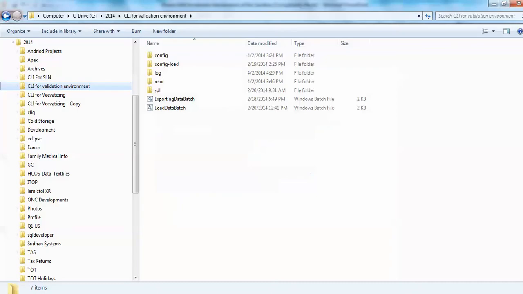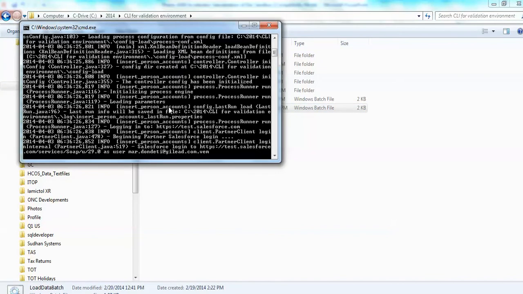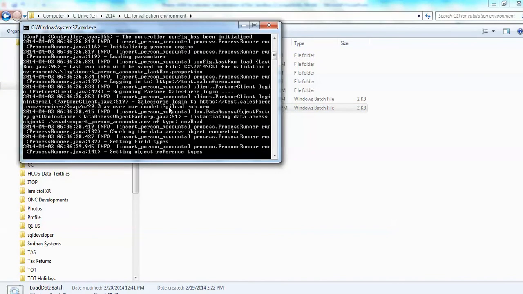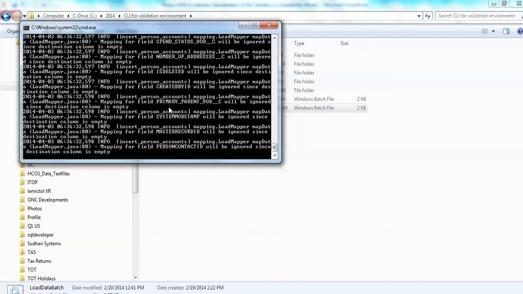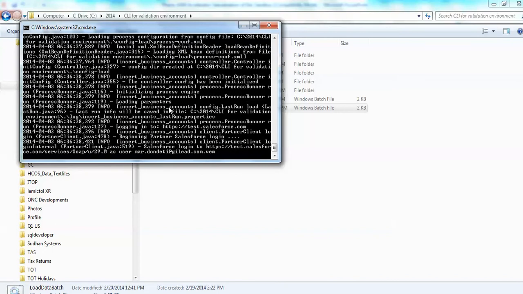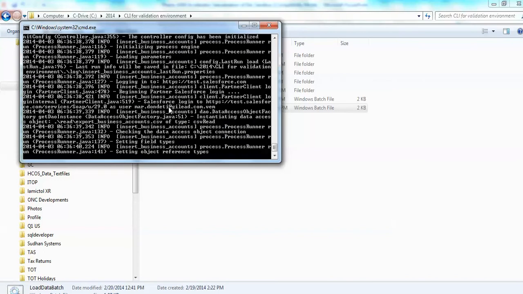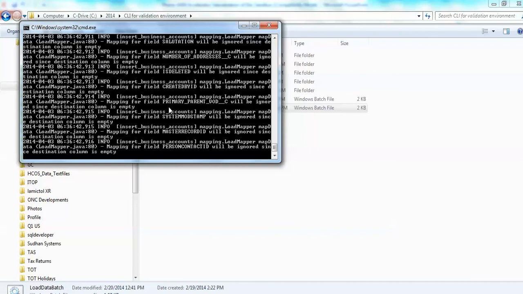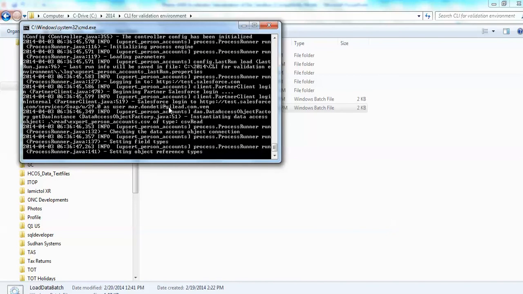The tool is installed in the folders and you have all the folders available. Once your configurations are done, run the load.batch tool, and this will load the configuration and transactional data into a sandbox and make it a full sandbox. So wait for the tool to complete its process and validate the data and the configurations in the dev sandbox. Now you should be able to see all accounts and their related lists like address, affiliations, etc. Similarly, you can load any of the objects from prod to Developer Pro as long as you are not exceeding the storage limit.